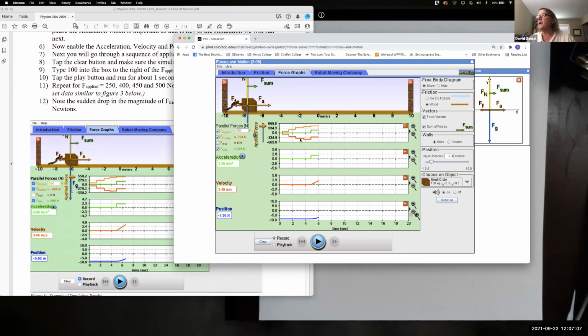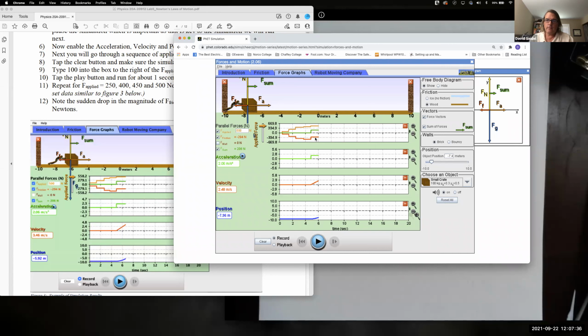So is it going to go to here? Is it going to go somewhere between these two, or is it going to go to here? Is it going to stay here? It should go back to that level where, what did you say, 400? It should go to the level where 400 is. Yeah, let's suppose I drop it to 400. Do you think it'll go to the level 400? But it's moving. The object's moving.